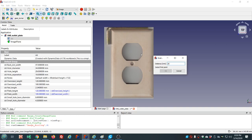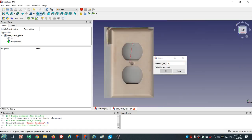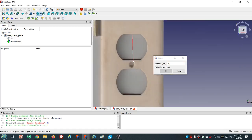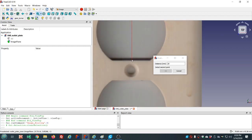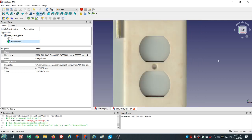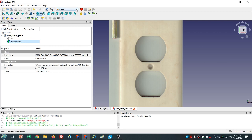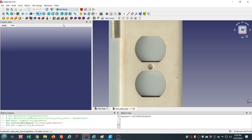So I'm going to select the first point, try to get right on the edge there. And it's really not critical because I have all the dimensions. And then select the image plane and say OK. And that scales it to the appropriate size. All right, now let's go to part design,